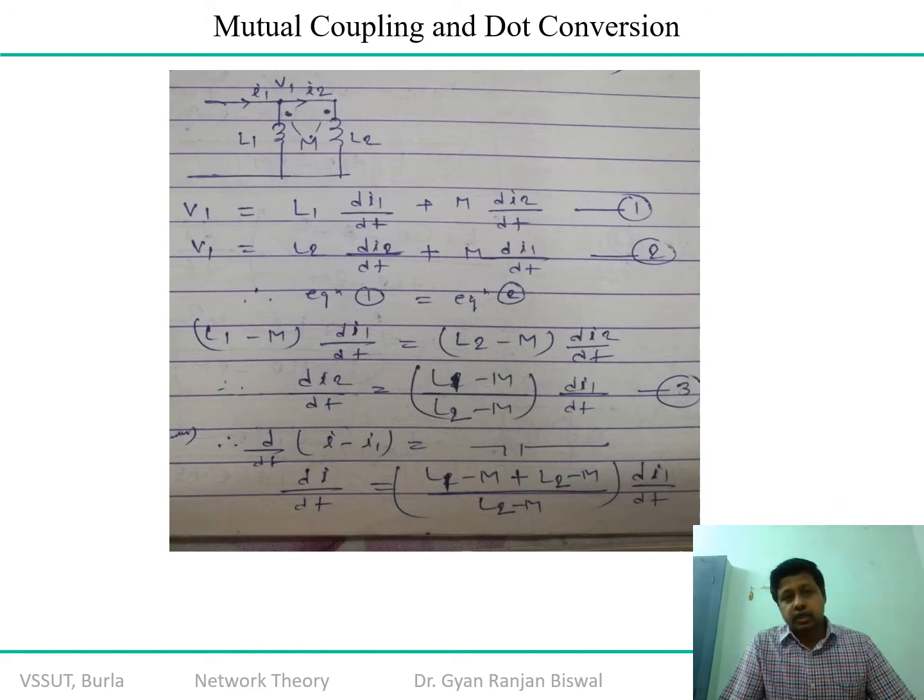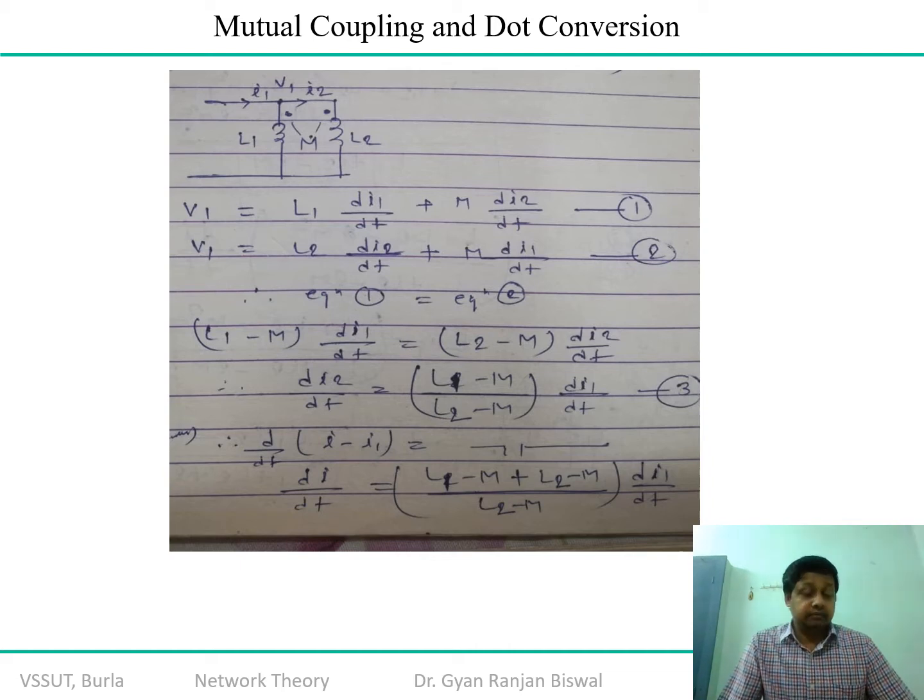In that case, the numerator will remain the same as far as the equivalent inductance is concerned, that is the product L1 L2 minus M square. But in the denominator, you must get L1 plus L2 plus twice of M. That means if the dot convention is in the opposite direction, the numerator L1 L2 minus M square is reduced by the factor of L1 plus L2 plus twice of M. So remember that when the dot convention is opposite, as far as the parallel combination of mutually coupled coils is concerned, the denominator is increased by the factor of twice of M.